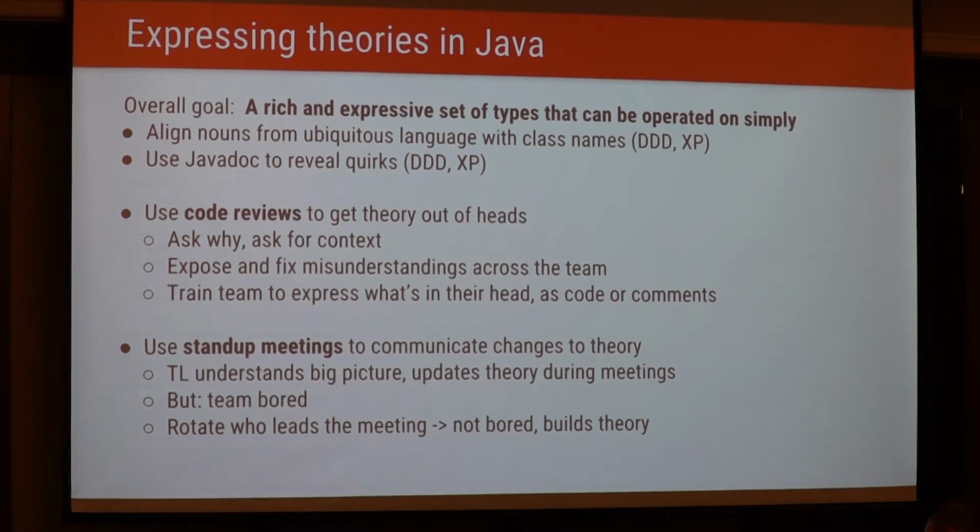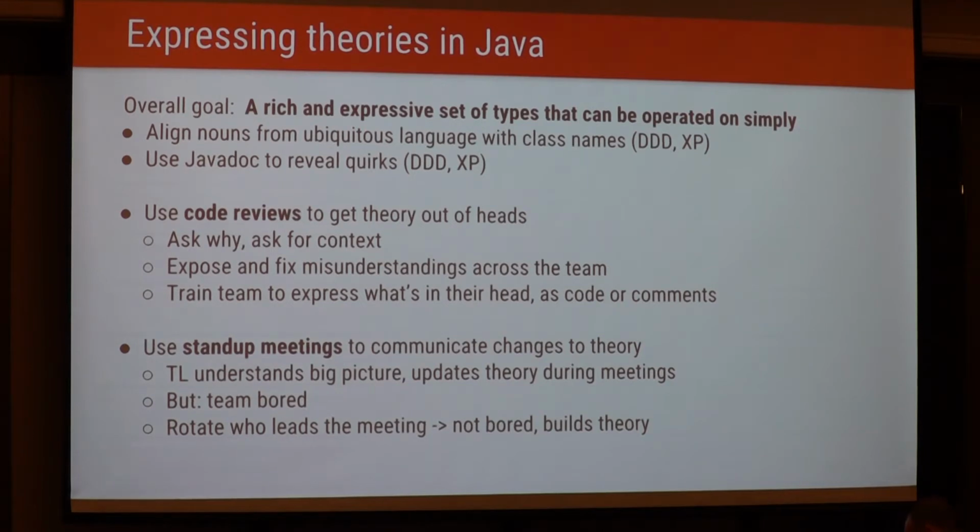Now, that's just talking about the code itself. I need to also work with the people on my team. And so how do I get the people on my team, some of whom have just come from university, to start seeing the theory the way that the experienced programmers are seeing it? One of the things we use is code reviews. So code doesn't go into the system unless it's been reviewed by someone else. And when code gets sent to somebody else, you have a great opportunity to ask questions. So things that are obvious to you when you're typing the code are not always obvious to somebody else. Just the same way when you write an email, it might seem obvious to you,